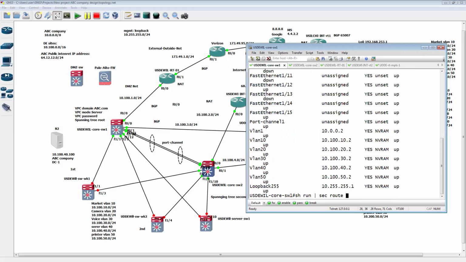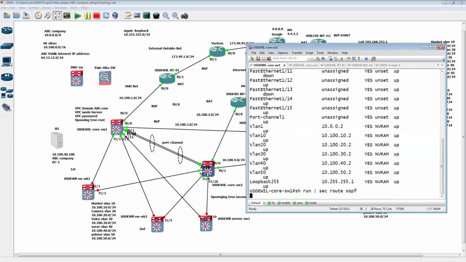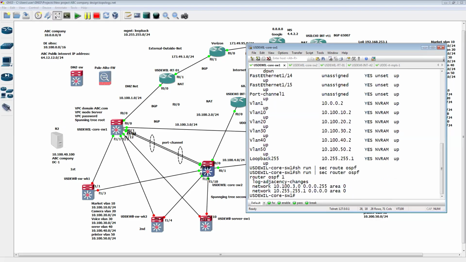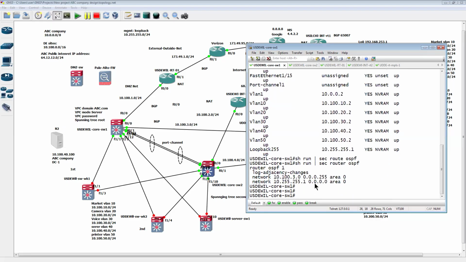Just like router OSPF. Okay, so we see the command in here. Come on, hurry up. Oh, did I spell it wrong? The router. Yep. Okay. So now you see,